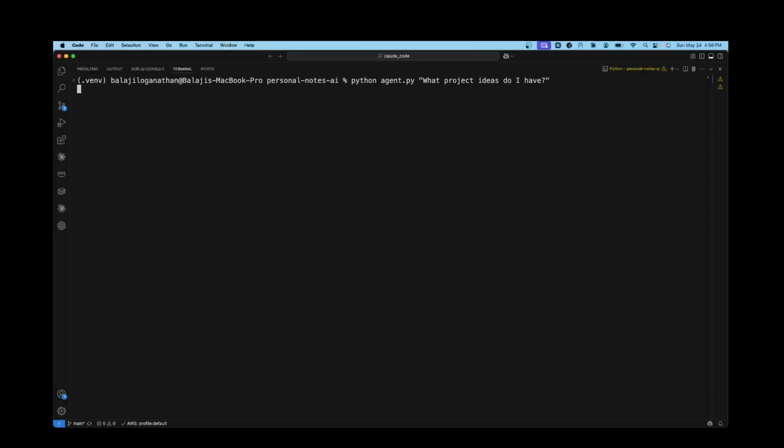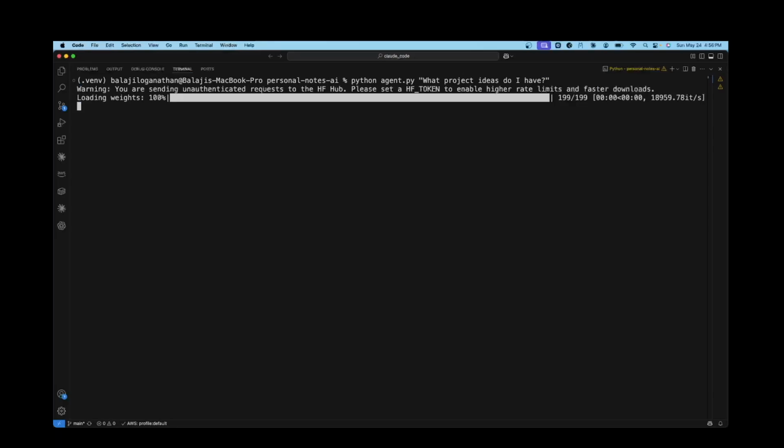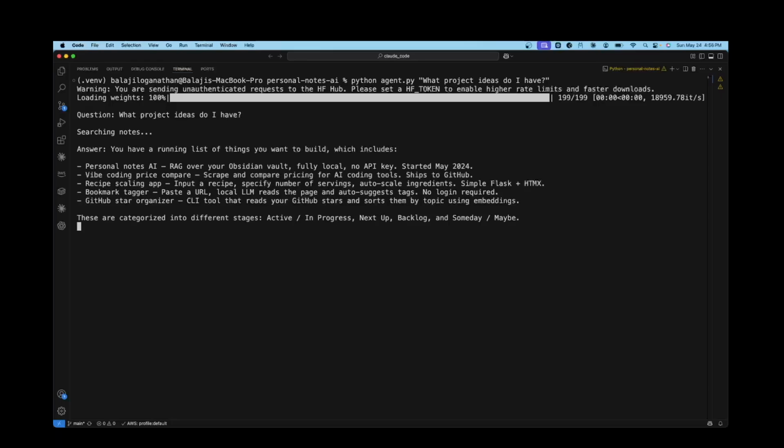So the first question that I ask for the Personal Notes AI app is, what project ideas do I have? And as you can see, it searches the notes and provides an answer from the notes that I have. Let's ask it another question.